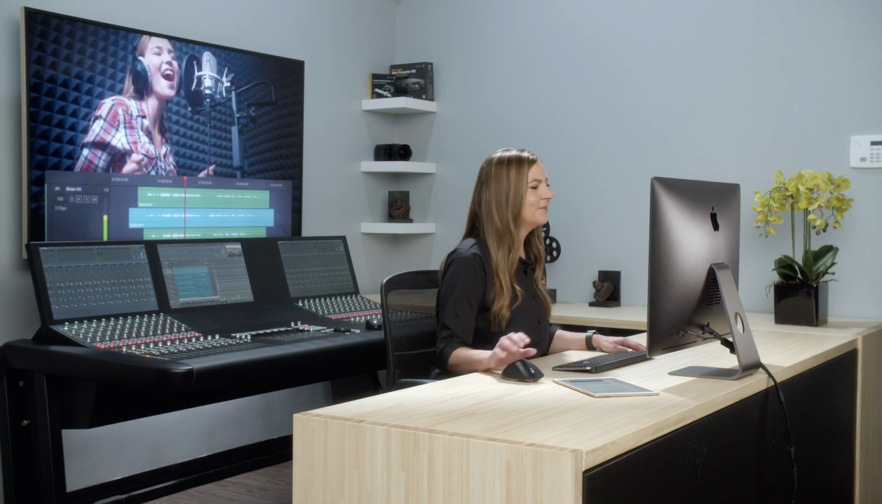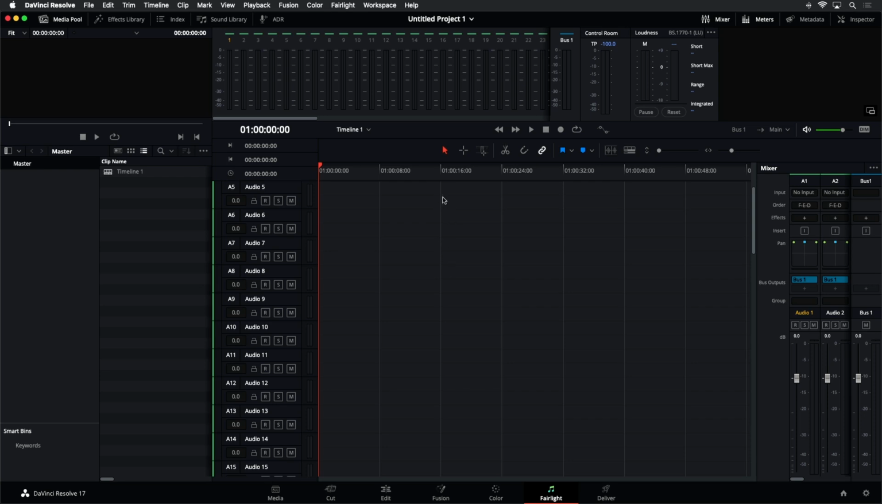Hi, I'm Mary, and I'm going to show you the Dolby Atmos integration in the Fairlight page of DaVinci Resolve 17. Let's get started. Right here I have an empty project, and I'm going to go in and actually make